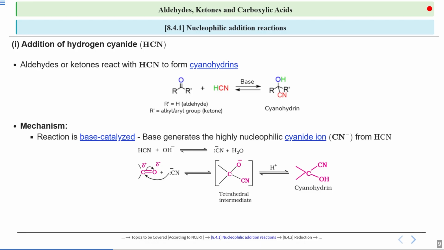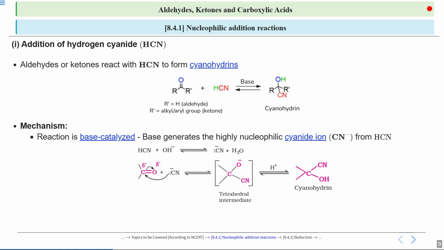So this nucleophile will attack this carbonyl carbon. When the cyanide CN minus adds to the carbonyl group, the double bond electrons shift to the oxygen, so the oxygen gets a negative charge. You get a tetrahedral intermediate, which is known as an alkoxide ion, where the oxygen has a negative charge. And the negatively charged oxygen picks up a proton and forms a new bond, resulting in cyanohydrin. The final product which you get is cyanohydrin.